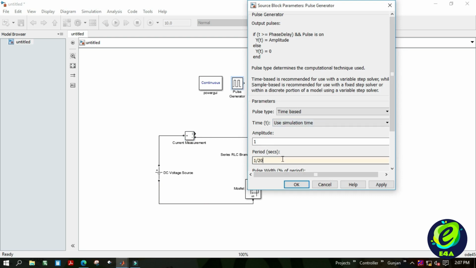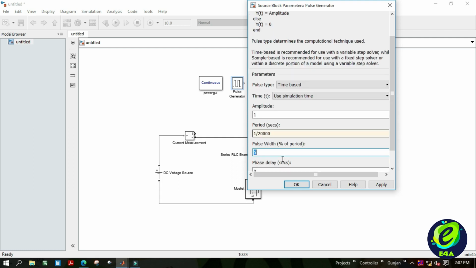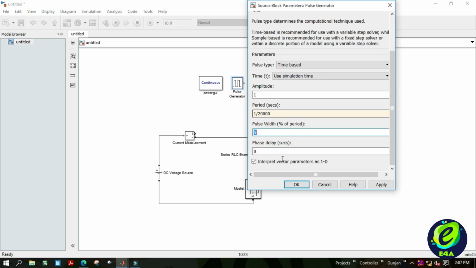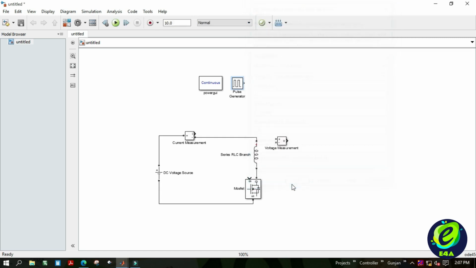Hence, its time period will be 1 divided by 20,000, which we will input into the period field. Its duty cycle will be 80%. Now let us connect it to the gate of the MOSFET, with some proper alignment.